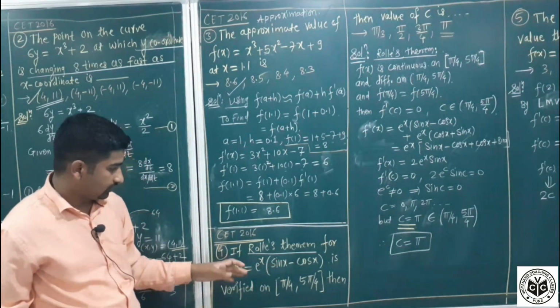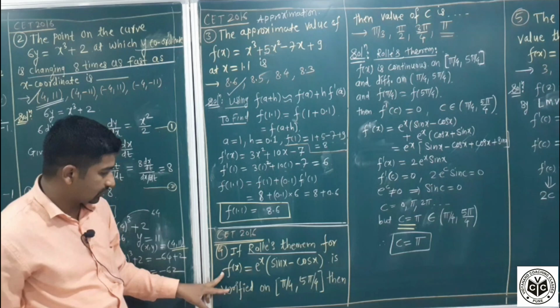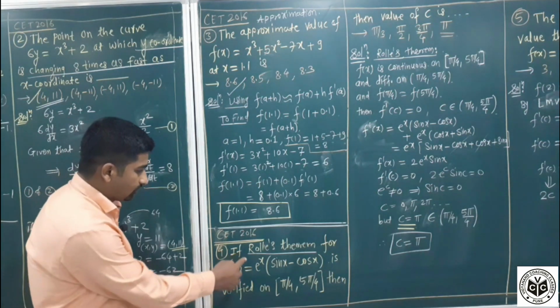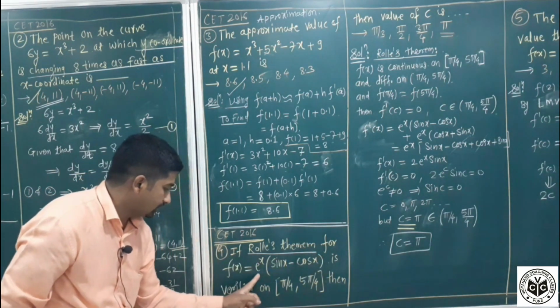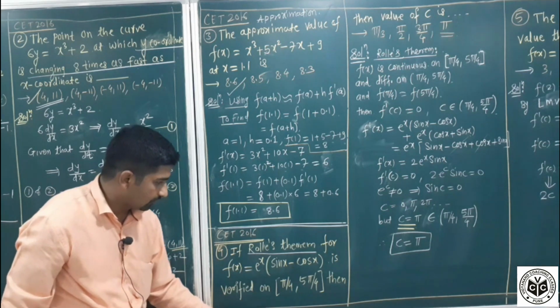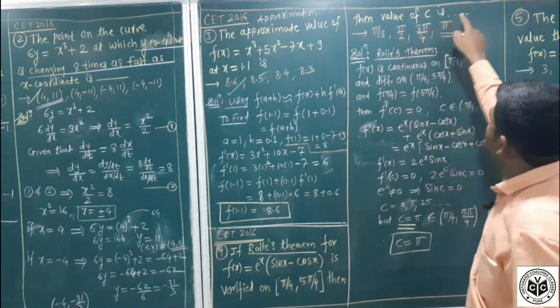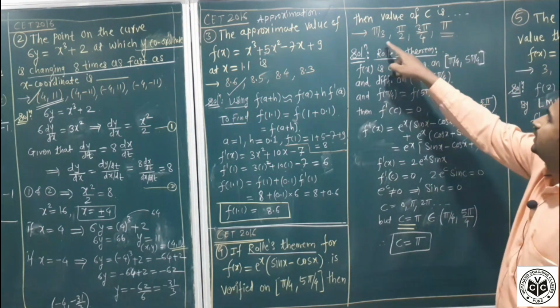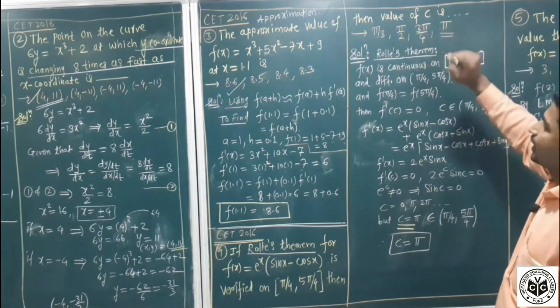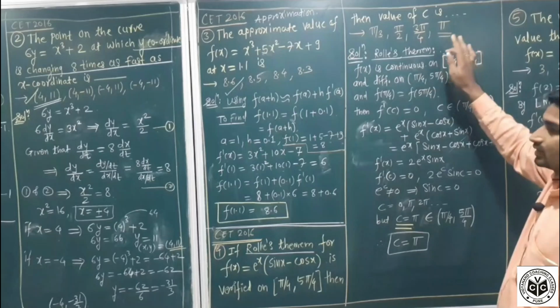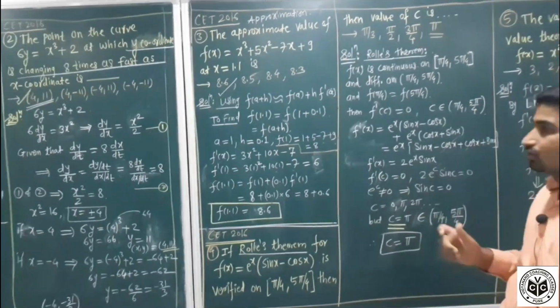So if you apply Rolle's theorem to this function, what are you given? If Rolle's theorem is verified for this function on this interval, then the value of c is either pi by 3, pi by 2, 3 pi by 4 or pi. So firstly, what is the statement of Rolle's theorem? Rolle's theorem